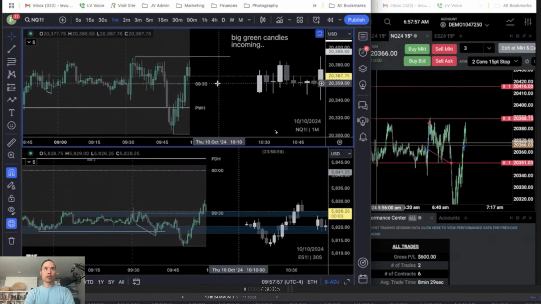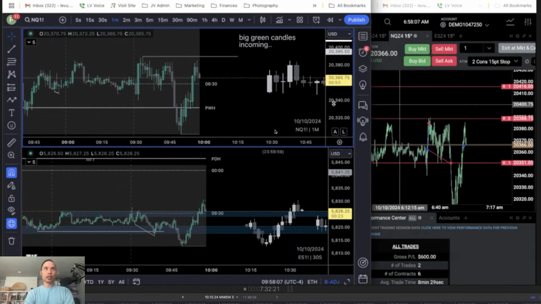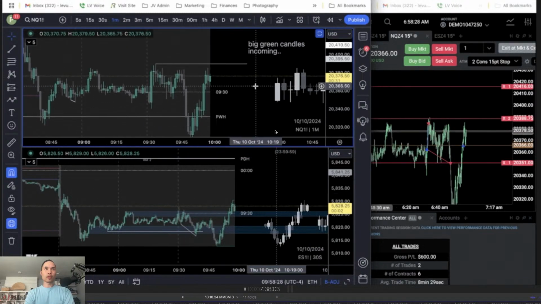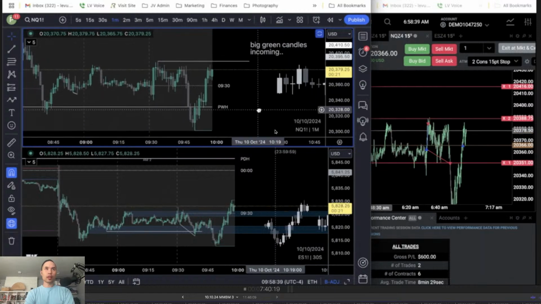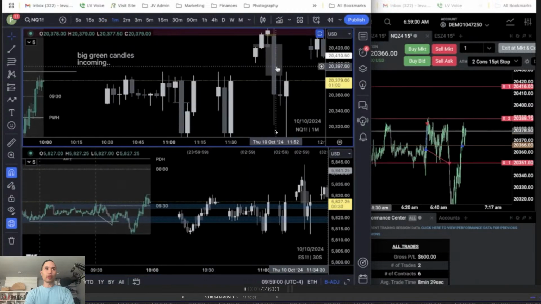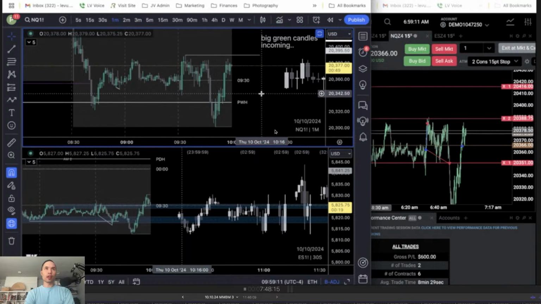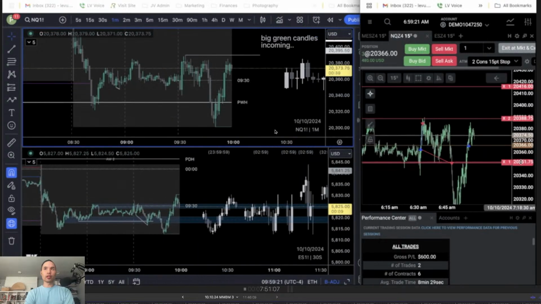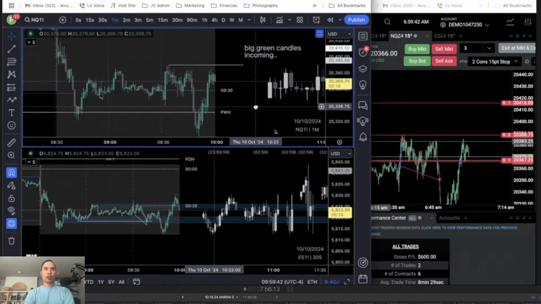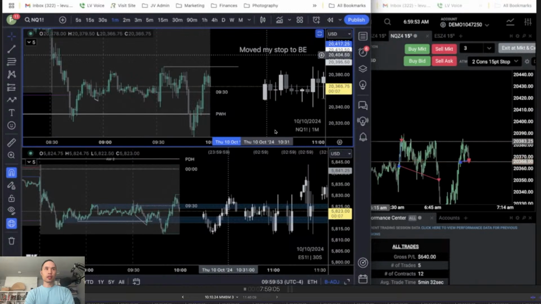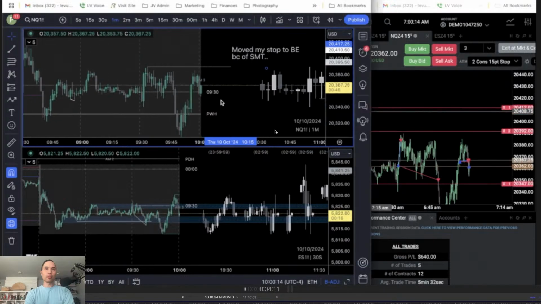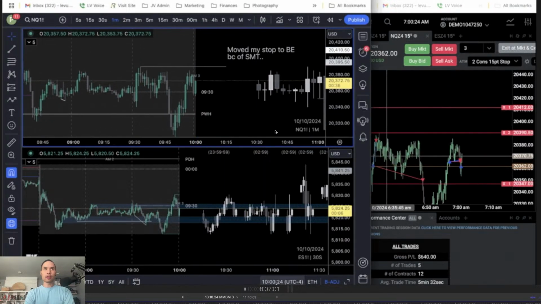So I'm thinking here we go, that we should see some displacement at this time. We're in this macro, so I'm thinking we inverse this. That's going to become a breaker. That's going to be my thought process. The 930 big green candle is going to become a breaker, but I'm also seeing, okay, there's a 1 hour SIBI that we're running into, getting resistance from, and I don't like that ES took the highs, so I moved my stop to break even, whereas NQ didn't yet because of the SMT, right? That's why I just marked out there, move my stop to break even because of SMT, and